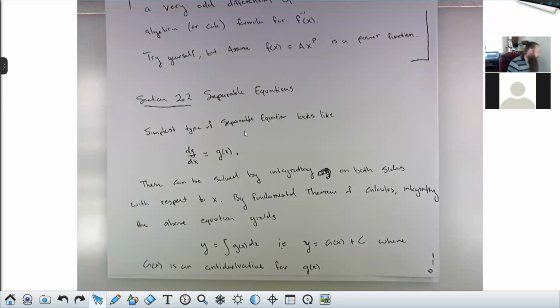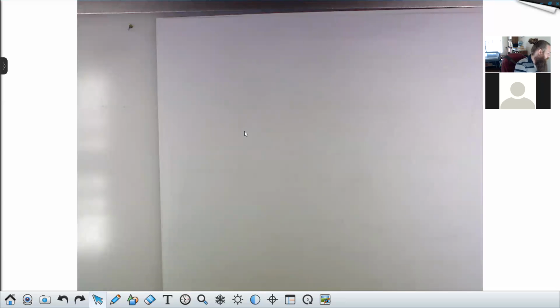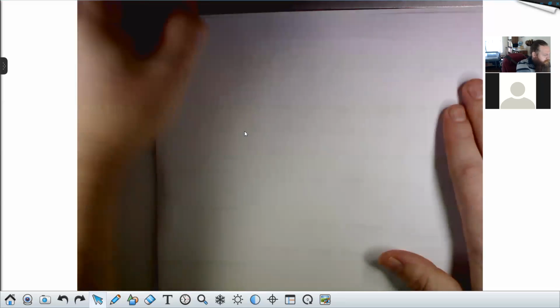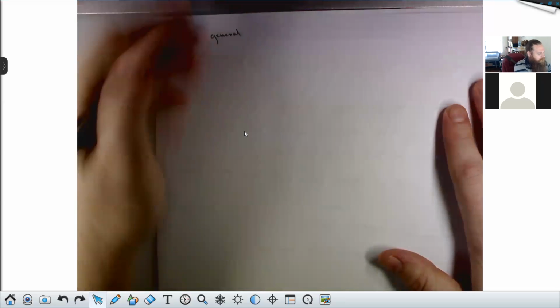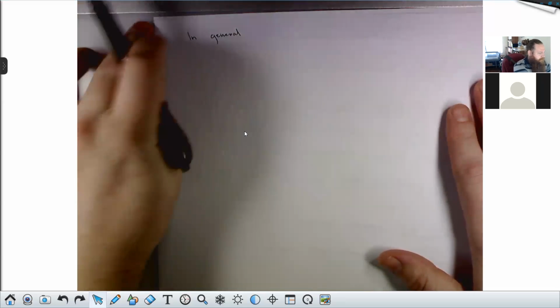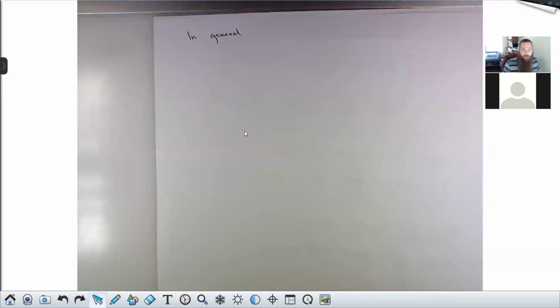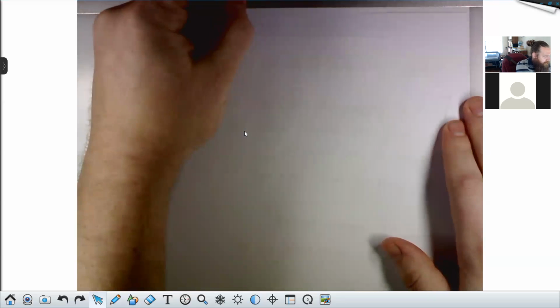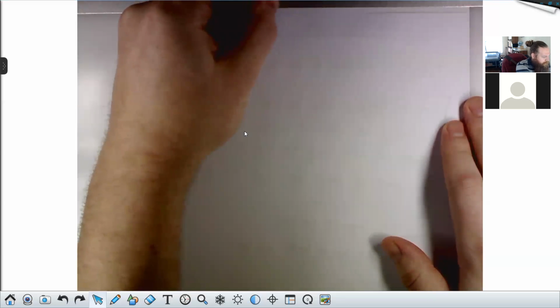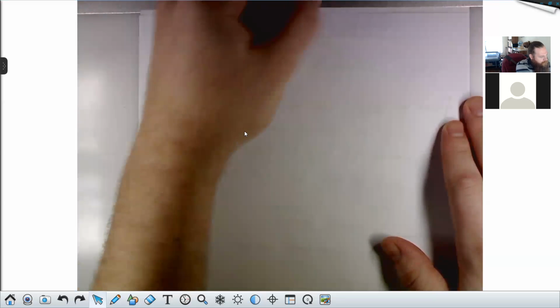I suppose it wouldn't hurt to do an example like this. But maybe first I'll show you a more general separable equation. So in general, by the way, the word general in mathematics means like always works, right? Or the most broad definition. In general, a separable ODE